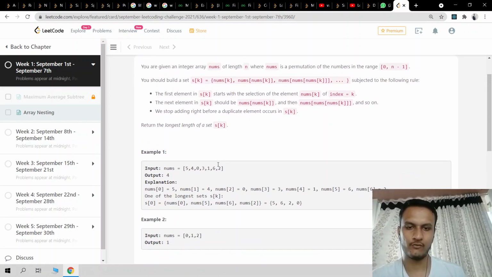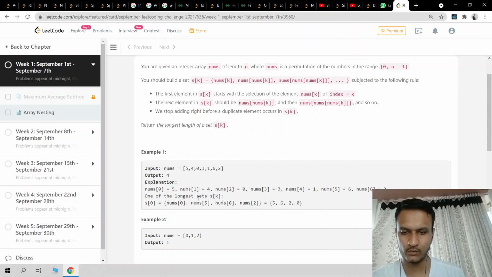So we have to start from somewhere, go through that loop and stop somewhere, right? If I start, in this case, if I choose k equal to 0, then start with nums[0], then nums[1] equals 4, obviously nums[2] equals 0.